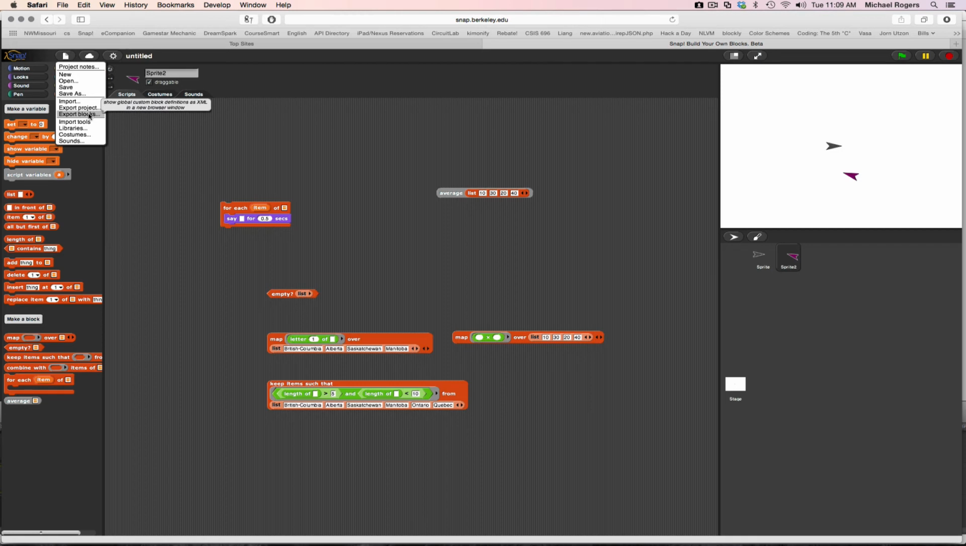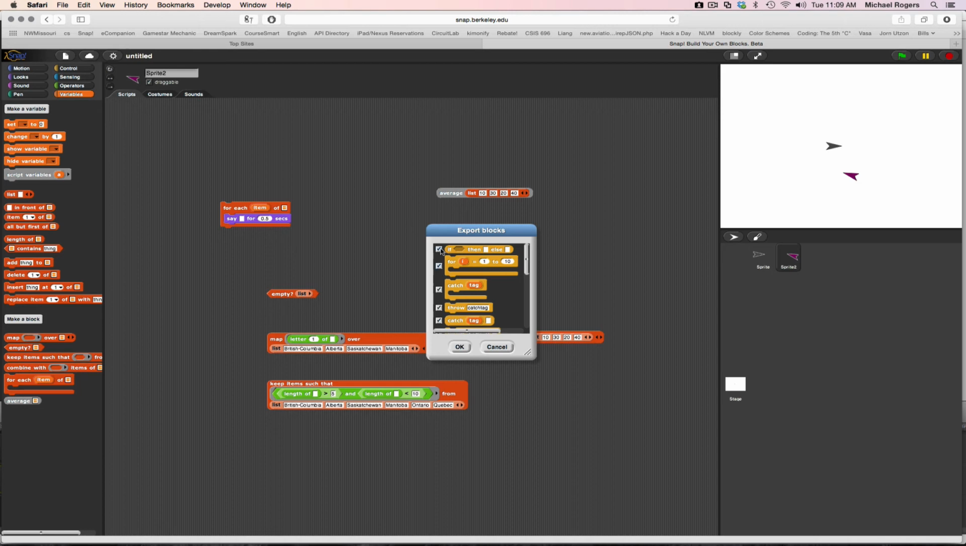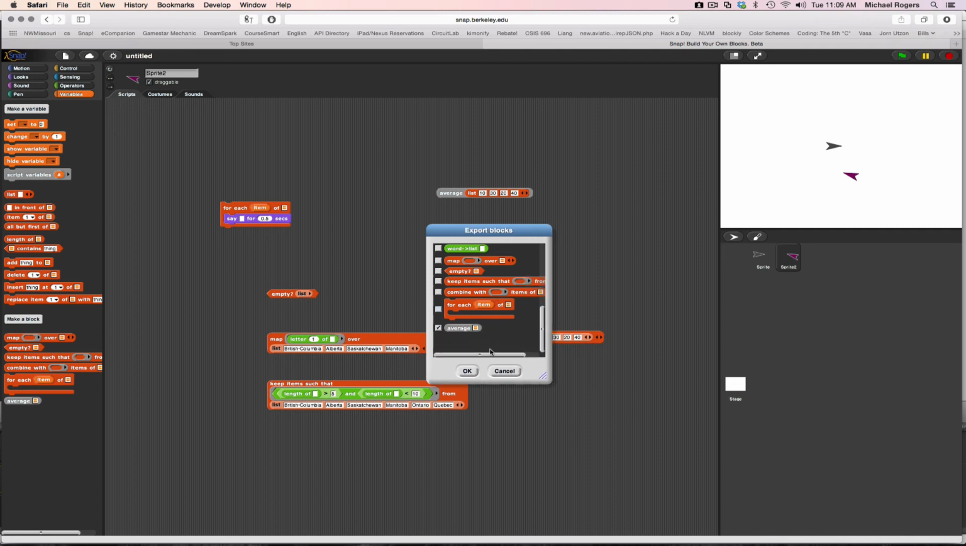Now, since I like this block so much and I want to use it elsewhere, I would probably choose, when I'm finished with all this, export blocks. And then I could decide on the blocks that I wish to export. These are the ones that showed up when I chose import tools. Since they're already available to me, I don't really need to export them. The only one I really need to export is average, which you can see has been checked here. And so when I click on OK,